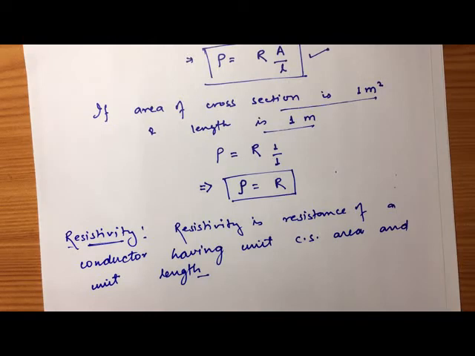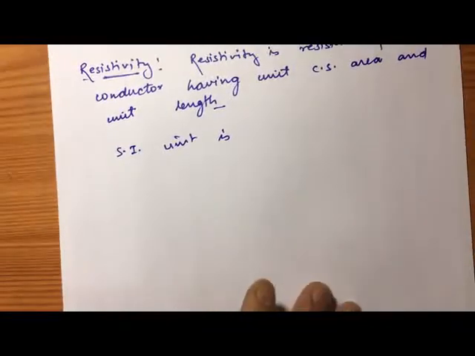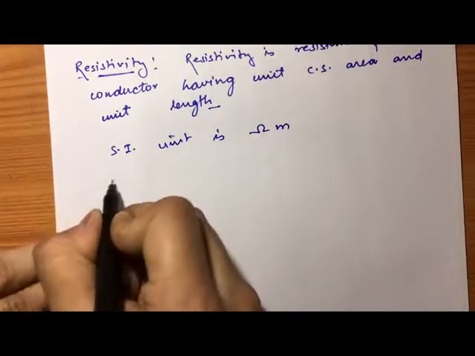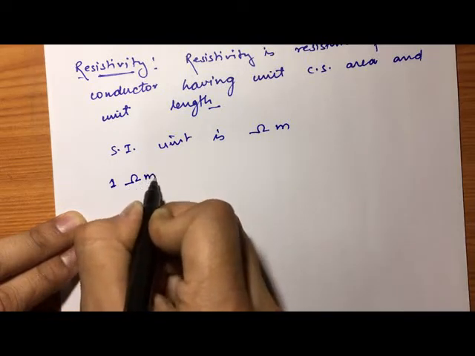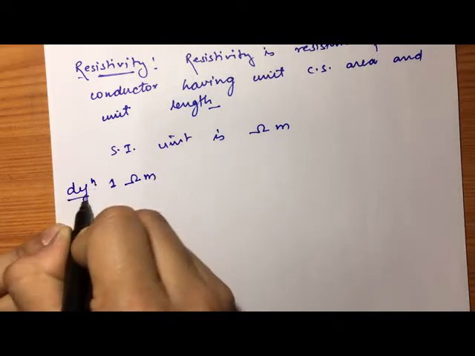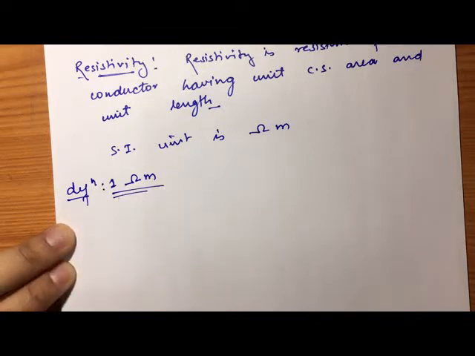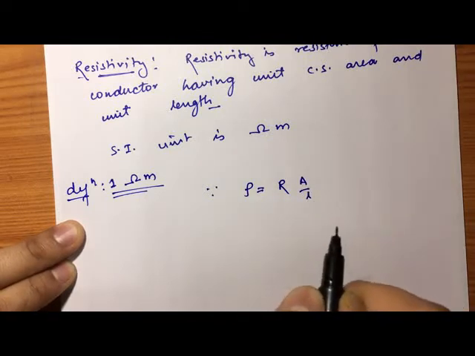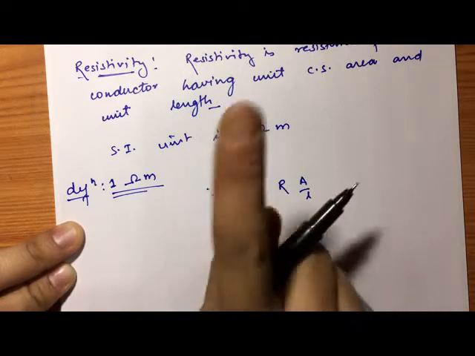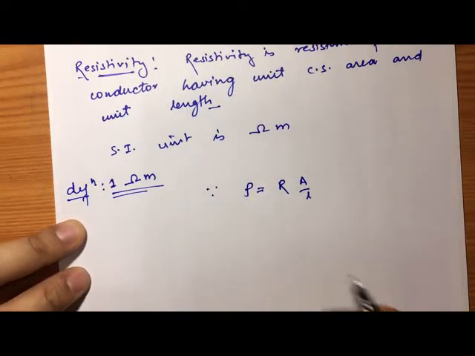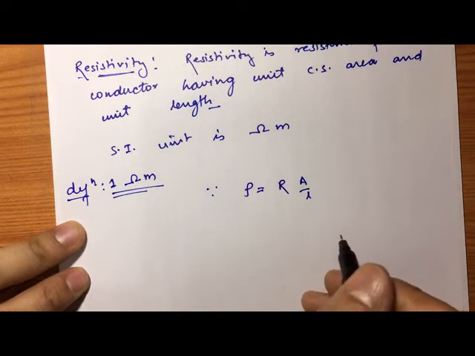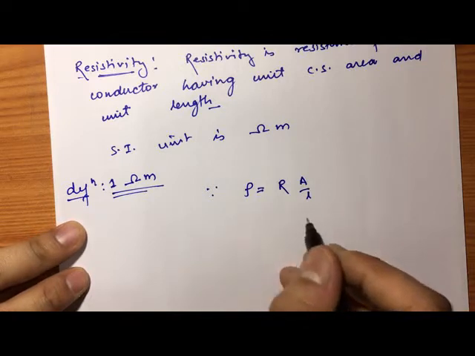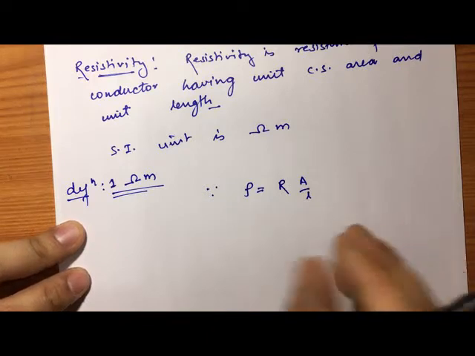Now, as we have known, its SI unit is ohm meter, okay? So now I can define my 1 ohm meter. Definition of 1 ohm meter. Since rho is equal to R times A by L, okay? So when 1 ohm of resistance, again we are going to consider the same case, okay? We have considered this in, I think so, in current part, in potential difference, okay? We have studied a lot. Now we are going to apply that.